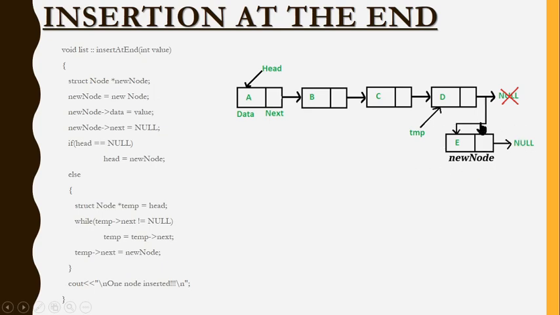This address. This is named as new node. We have already created it as new node. So temp points to next equal to new node. Automatically this address will jump to this slot and this link will be created. Quite simple. And this will be our last node, because we have already kept this as null. And finally, just say one node inserted. This is how you insert any node at the end.